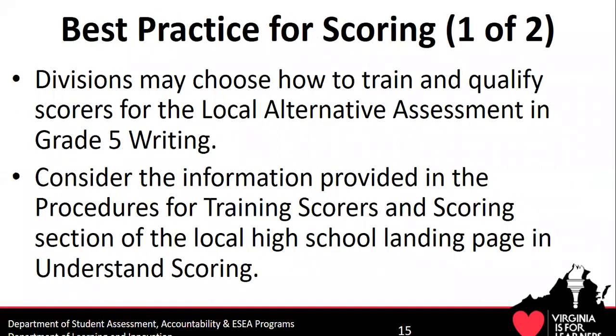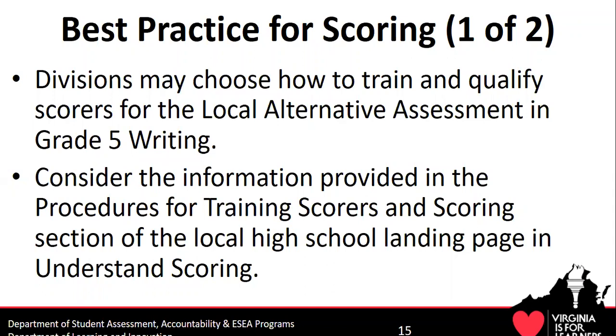Some more best practice for scoring. Divisions have the authority to choose how they're going to train and qualify their scores for the local alternative assessment. Again, that's different than the performance assessment for high school. You have a little more flexibility in your division for grade 5 writing, but we ask that you consider the information provided in the procedures for training scores and scoring section of the local high school landing page and Understand